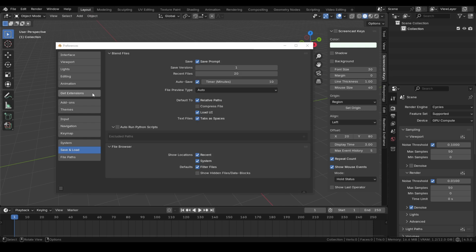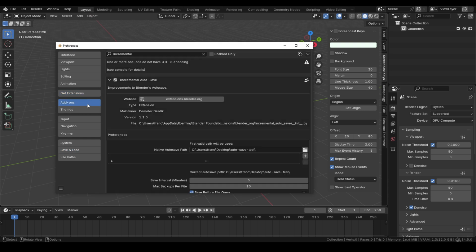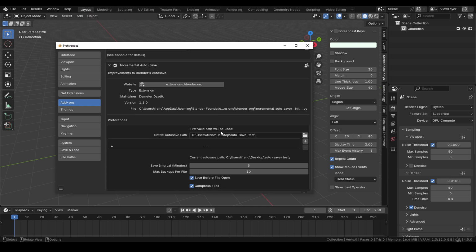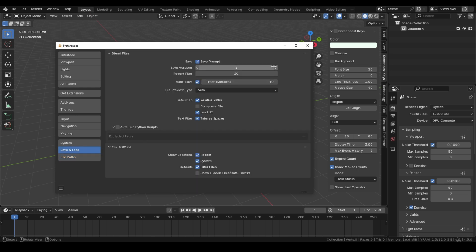To recap, Blender provides autosaves as a last resort in case of a crash without saving. We also saw how to use the Incremental Autosaves extension to have Blender create multiple files for the current project, each with a timestamp and its name at regular intervals. I also showed you how to change the save path for these files so you can keep an eye on them and clean up periodically, since they can take up a lot of disk space. Finally, we looked at how to set multiple backup files with save versions when saving with Ctrl+S, which overwrites the project file.